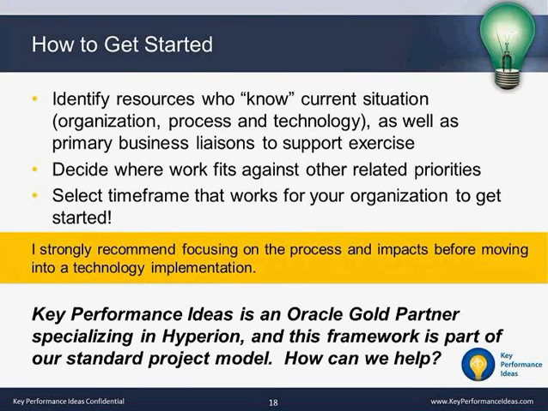Identify those resources who know the situation. Again, as we talked about earlier, you've probably got those go-to people who really understand what's going on today. And what we find a lot is that management believes the process goes one way and the system is being used in one way. But if you actually talk to the people using that system, hitting the keys, they do it very differently. The automated processes that everybody speaks of aren't really used. It's the multiple Excel files that are getting passed back and forth that are really the backbone of a process.